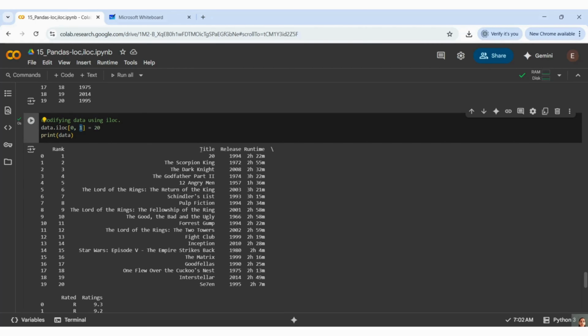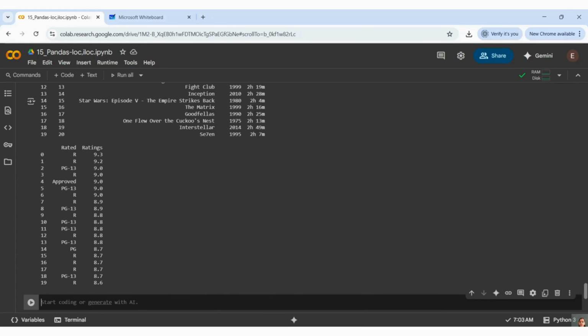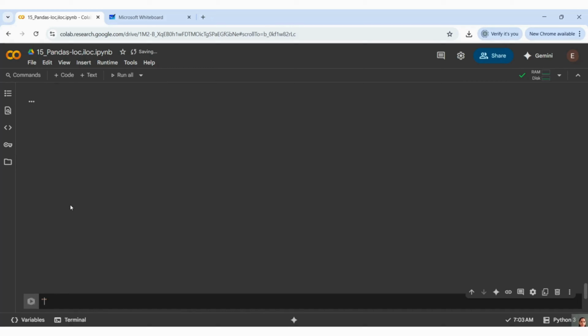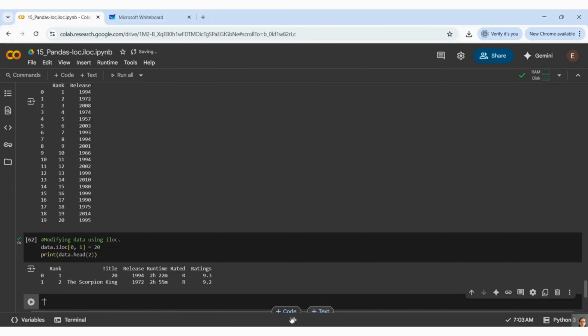My first column is Title. So for my zeroth row and first column value, my first title is going to be changed to 20. And you can see the output. We just take head only. So if you see the output, my title got changed to 20, right?